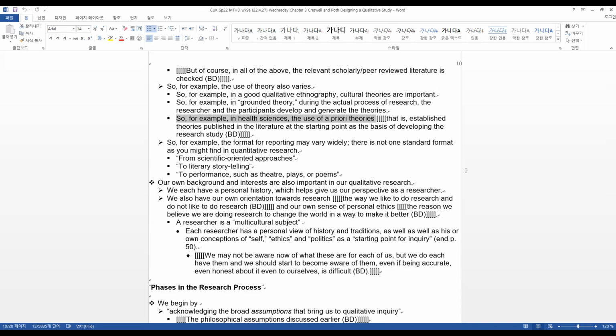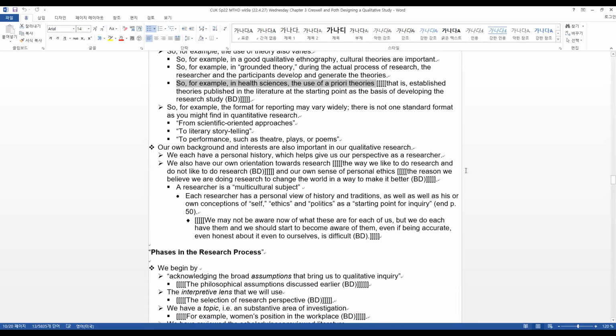Deductive means you use your theories to guide your thinking and your research and the interpretation of data, and then that same process then inductively causes you to elaborate and refine your own theoretical framework. Okay, so it's a creative process. Science is like art. There are similarities between science and art.